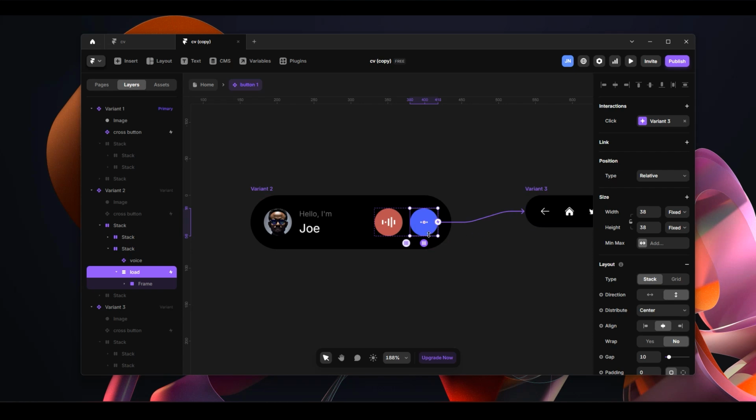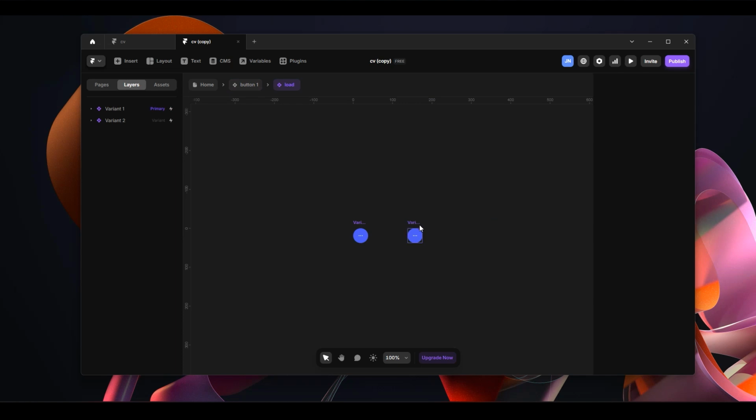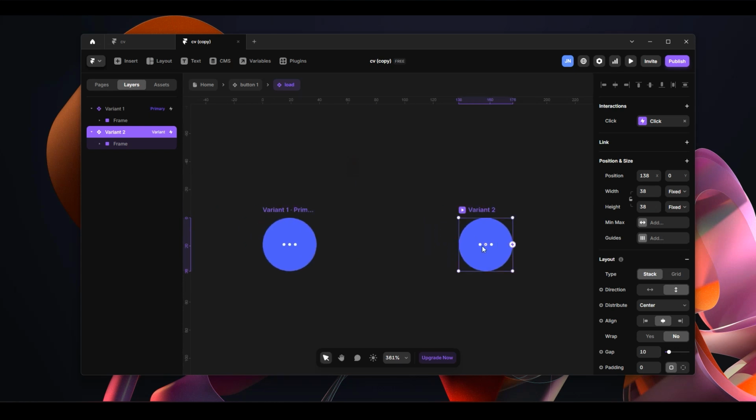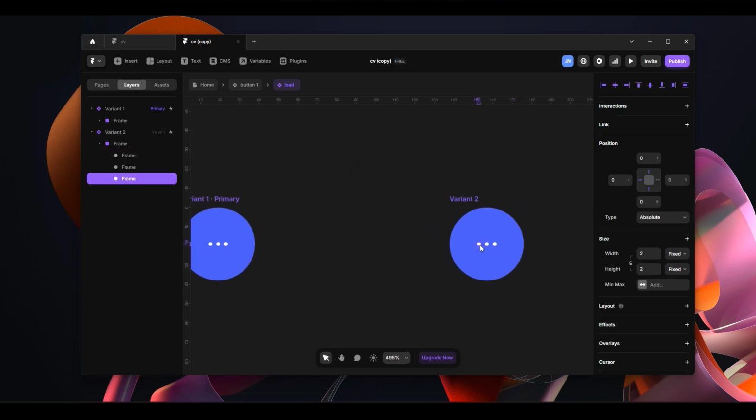I'm just gonna hold Control Alt K and create a component, sorry. So let me just get rid of this. Now, as you can see, we have our primary variant here. We also want to create different states so that we see it animating from top to bottom. So I'm gonna create the first variant. I'm gonna make sure this first one is pinned to the top only, rather than top and left, and then I'm gonna give it a